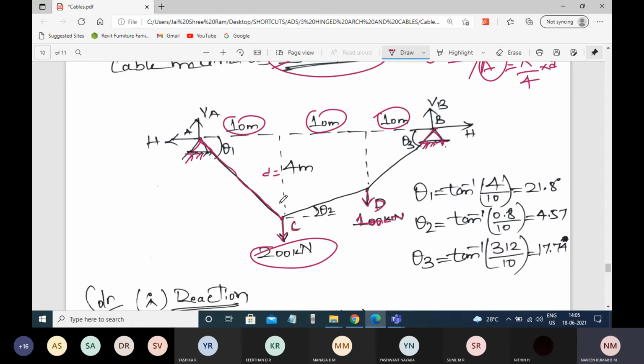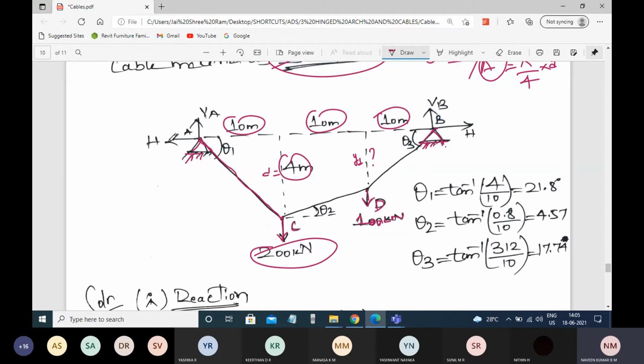Here the distance, we can consider as a dip. The dip from the datum to point C is 4 meter, but at point D it is not given. So you can consider it as yd or dy, whatever you want; that is left to you. Let me keep it as yd, because I have considered yd, I think.